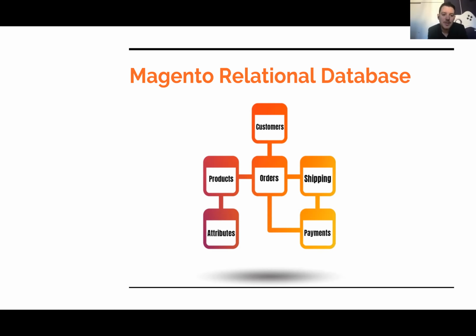Yeah, and if you think about it in simplest terms, if you have one spreadsheet with all of your data in it, you're not really working with Magento data, because of the way that the data relates in terms of the database. You've got separate tables that relate to the products, the attributes, the orders, the customers, shipping, payments, all interlocking and interrelated. So if you were to, let's say, insert shipping, it's going to relate to an order, to a customer. If you were to be inserting data that relates to products, that's going to interrelate with attributes and perhaps with existing orders. And so it does add a little bit of complexity,